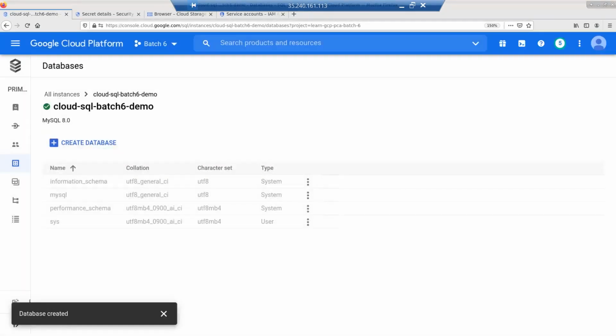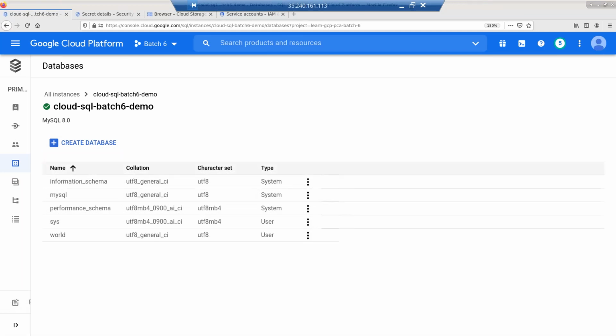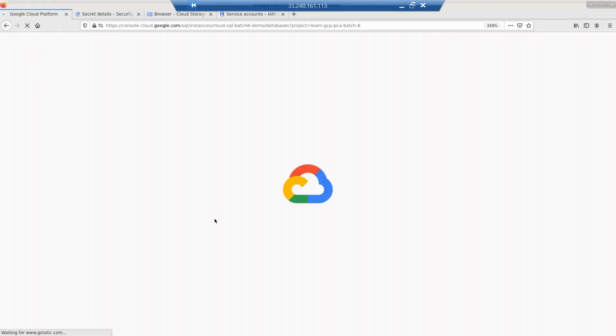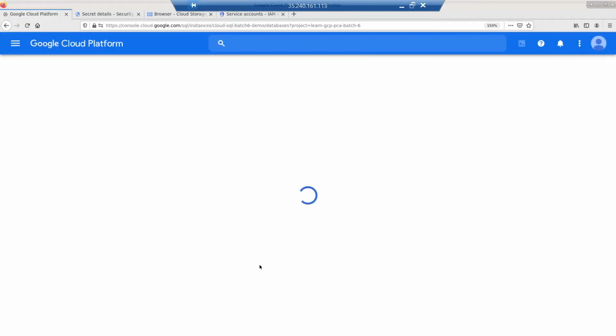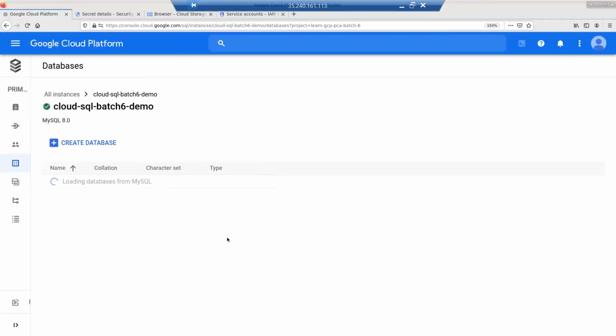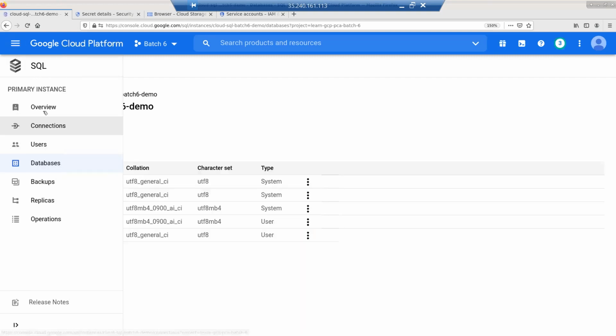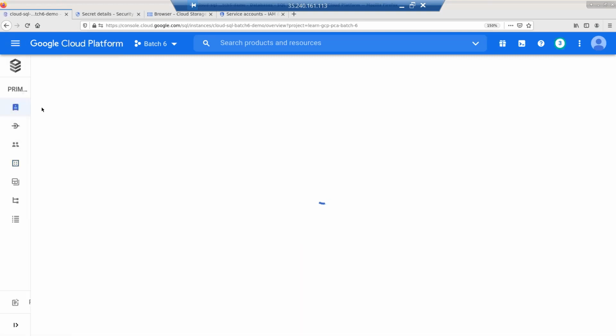In the instance, you create a database. Now inside this database, I can create tables, stored procedures, functions, user-defined functions, everything. Okay, so the database is created. Why are we creating the database? Because when we import the data, it has to be imported to a database. I have seen there's usually a bug in the UI, so that's the reason I refresh the screen. Now let me go to my overview page